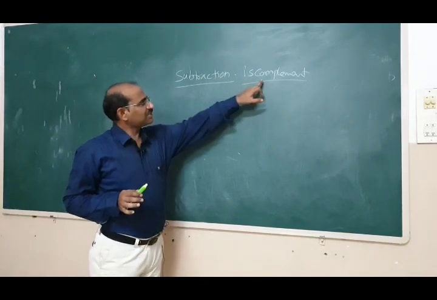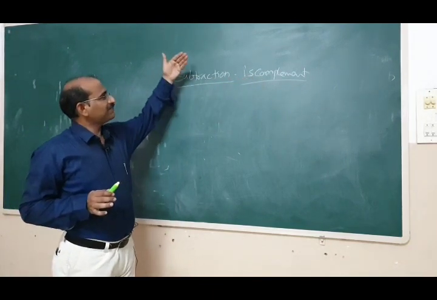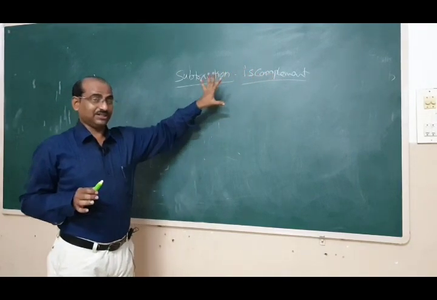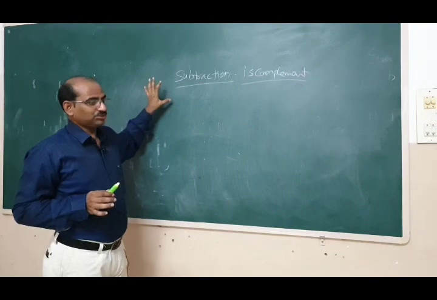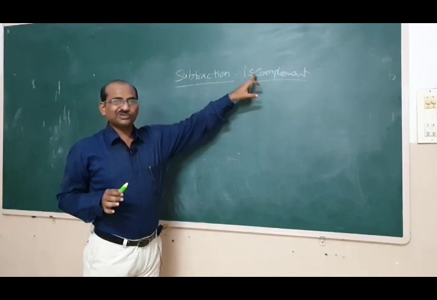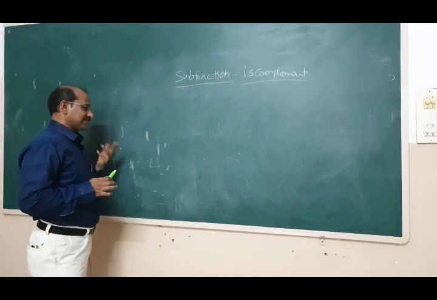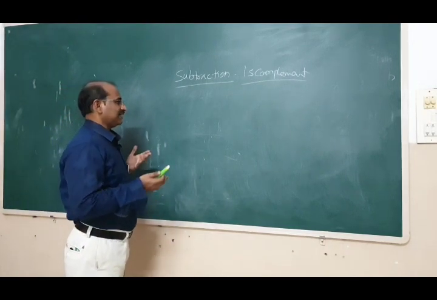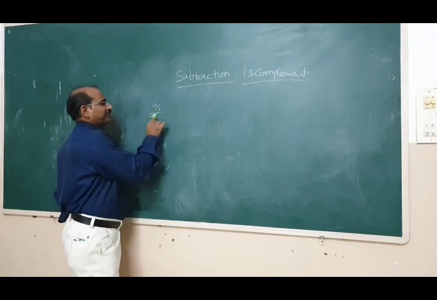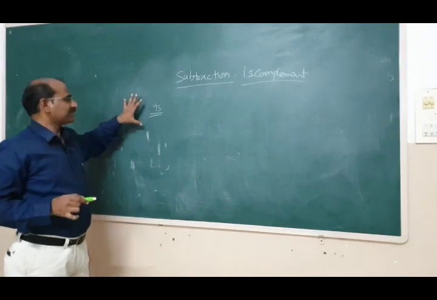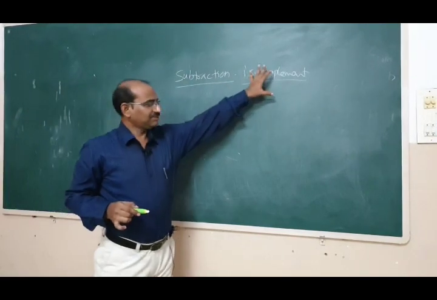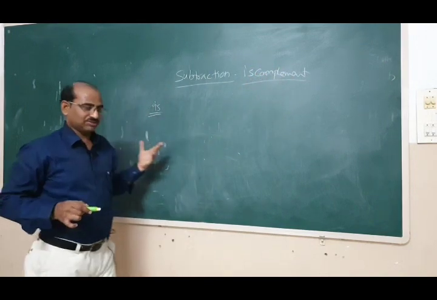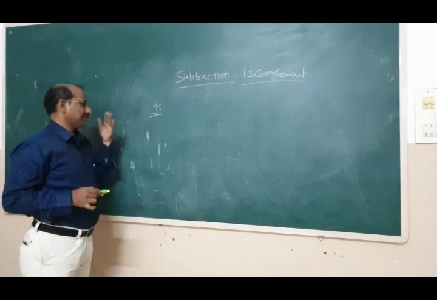Here we call this 1's complement because the base minus 1, actually we have to call this base minus 1 complement method. So what is the base for binary? 2. Base minus 1 means 2 minus 1 is 1. For decimal, similarly, what is base minus 1? The base for decimal number is 10. 10 minus 1 is 9's complement. So 9's complement of decimal number is exactly similar to 1's complement of binary number, which we will discuss later. So first let us discuss the 9's complement.